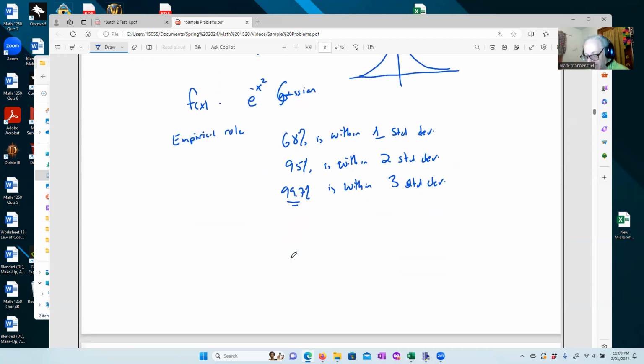So one of the problems that they gave us was, okay, we're going to calculate an IQ score, and they want to know what's the probability. They're going to give you a preamble first. They have to. We're going to say something like IQ is normally distributed. A lot of things are normally distributed. That's why we like to study this particular distribution. Not everything is, but a lot of things are. So IQ is normally distributed, and they're going to tell us that the mean is 100, and the standard deviation is 15. And they want to know, what is the probability that we're going to go between 85